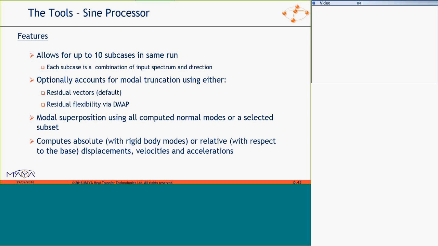You can use either residual vectors, which is the default method, or residual flexibility, which does the same thing but differently, using a DMAP. DMAP is high-level Nastran language. I don't know if you guys are familiar with it, or if you have a license for it. It is an option.